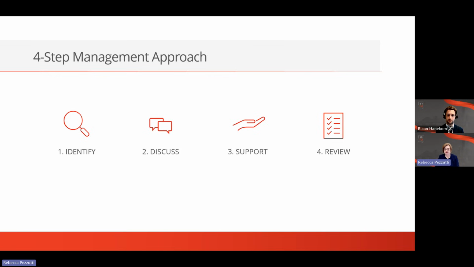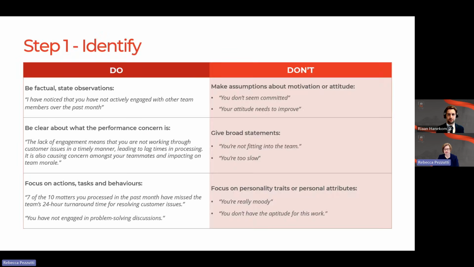The purpose of that first conversation is not to accuse the employee or tell them that they're failing, but to understand what is happening, clearly communicate expectations, and then give them an opportunity to improve. Apart from managing employee risk, this also has other benefits for the organisation, because if employees can be retained and their performance can be improved, clearly that's going to be less costly than turning over staff and having to terminate and replace them. So in step 1, identify.